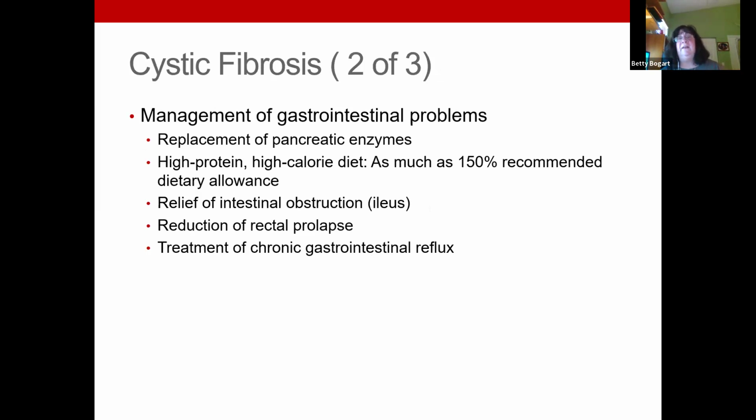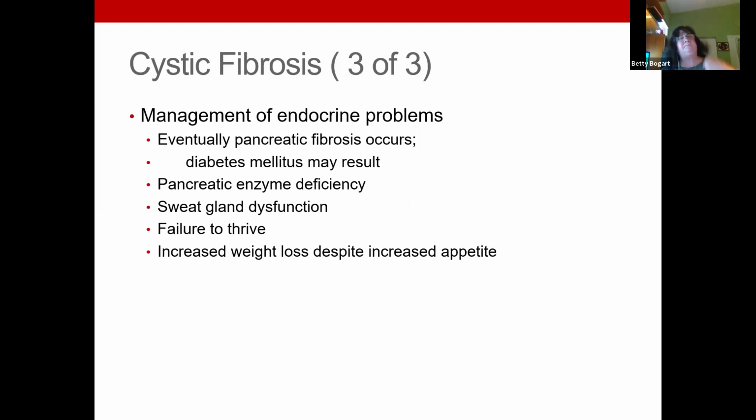So like I said, pancreatic enzymes, we know how to give them now. It's important to know that. The diet, you need to know that. High protein, high calorie, and it's going to be low fat because they're not going to tolerate it. And then if they're young, we make sure that they're stooling, and sometimes, because of all of this medicine, reflux. So be watching for it.